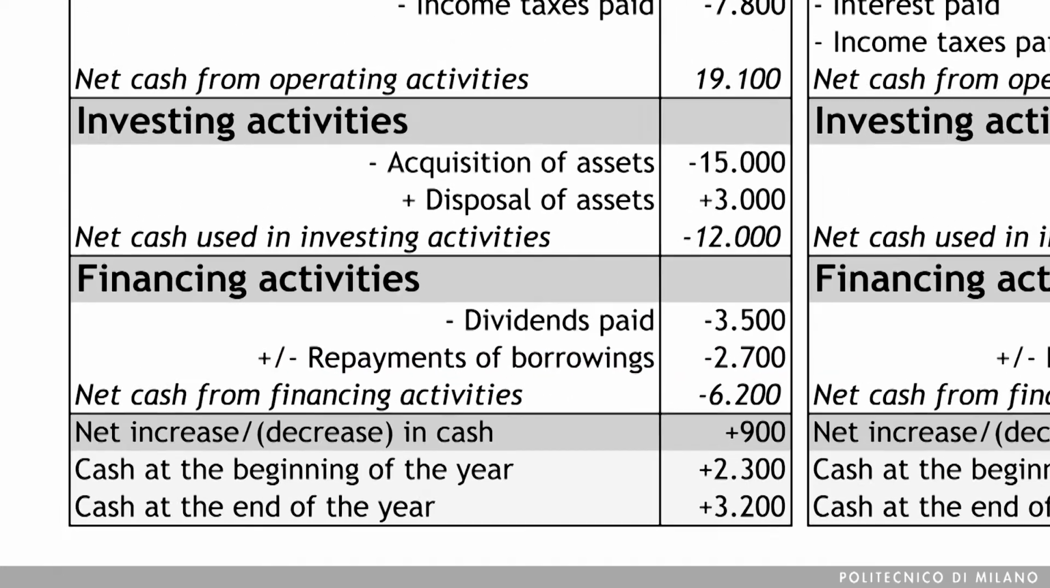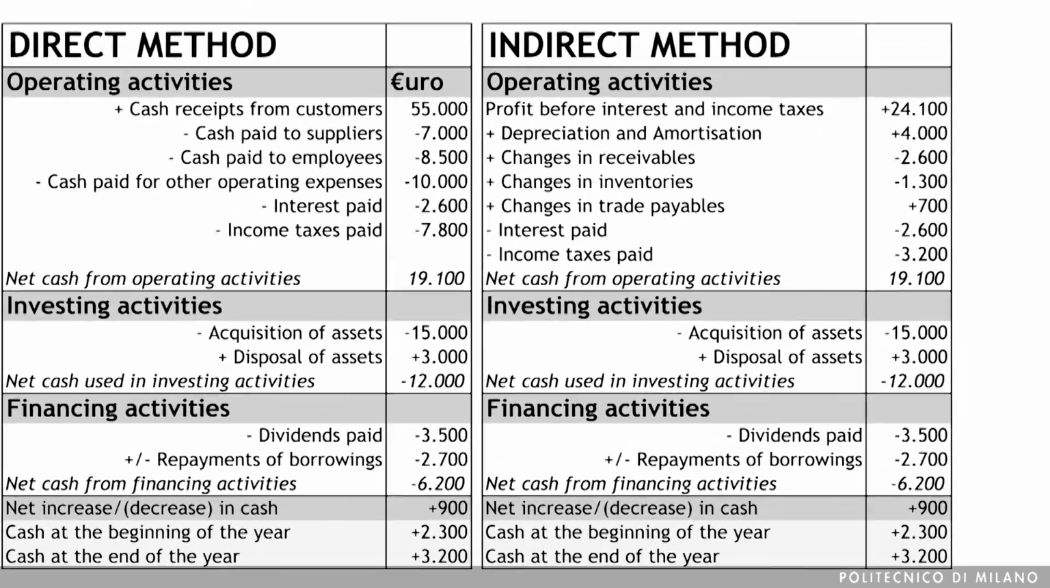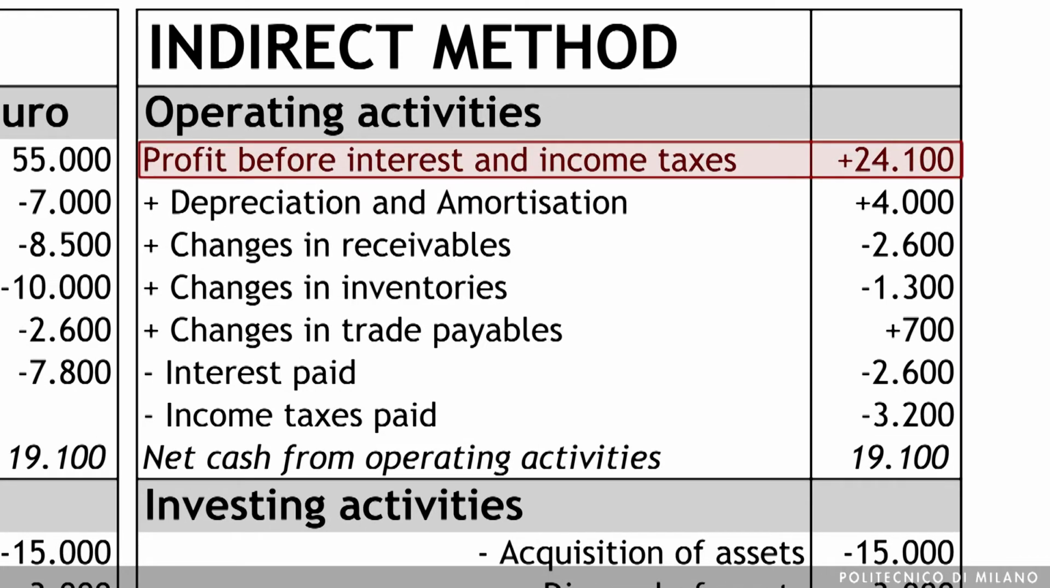If instead the indirect method is adopted, the starting point is an accrual measure. So the starting point of the indirect method is the profit before interest and income taxes, which is recognized within the income statement. So basically we have an accrual value that should be adjusted in order to arrive at a cash value. If we start from this profit before interest and income taxes, it is necessary to add again